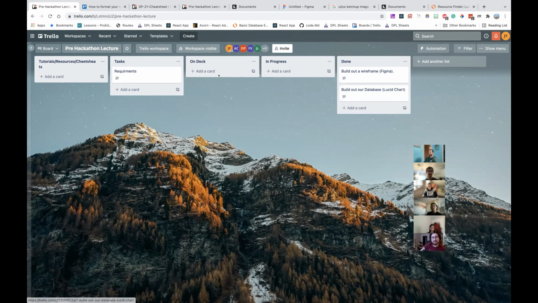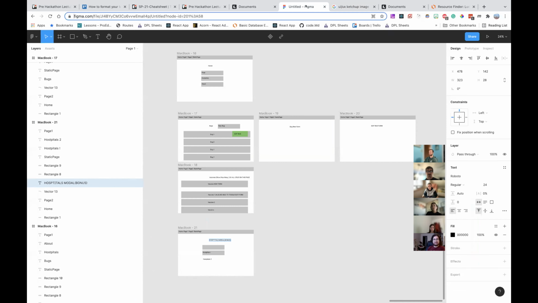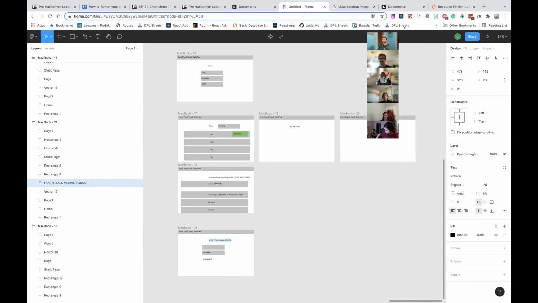Cool. But now with those two things, even though they're not super pretty, I really think we have a pretty good idea that we can now start to build this out, right? And also at this point, if I had a team of 4 people, now you might not want to do this for the hackathon, but